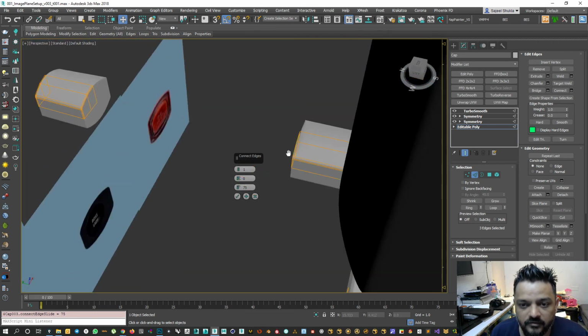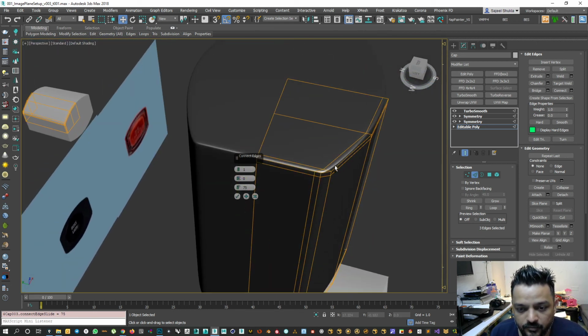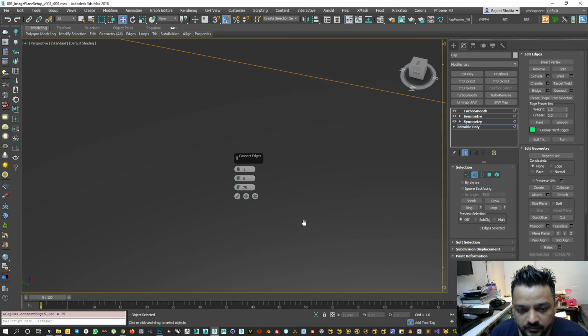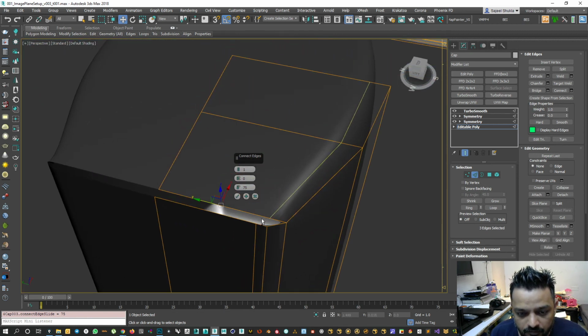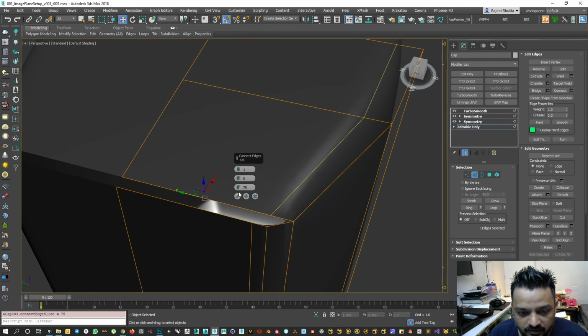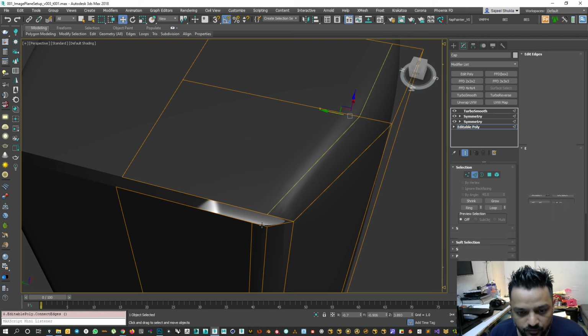Let's see the top guy. This is okay. So this will connect over there, so I'll probably bring him around there, press OK